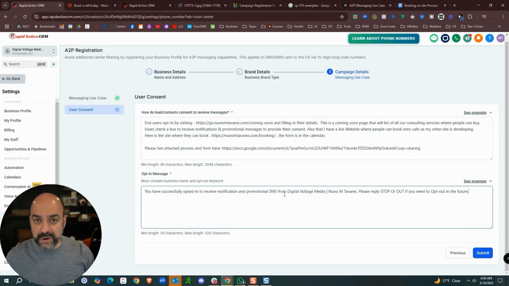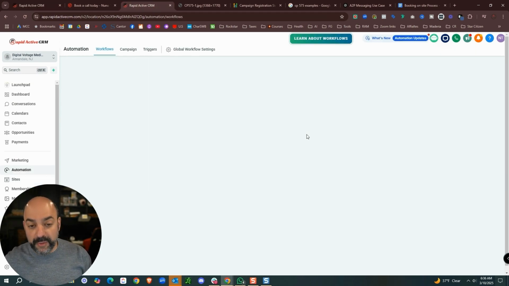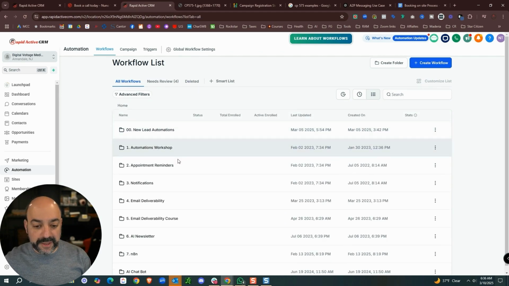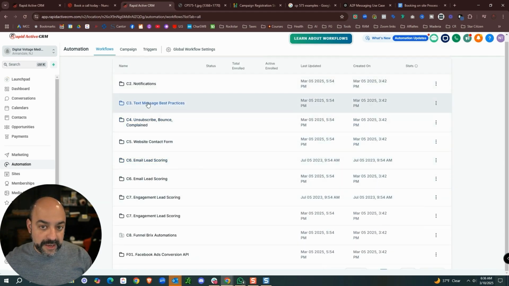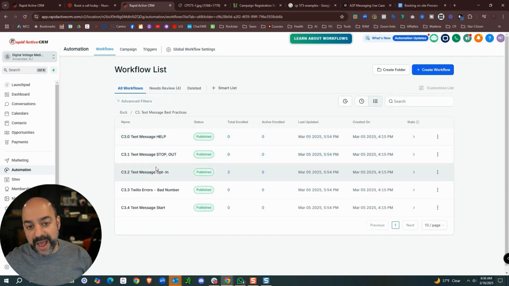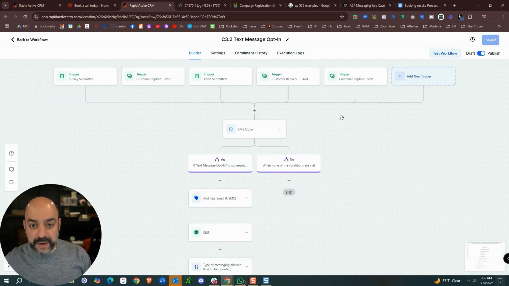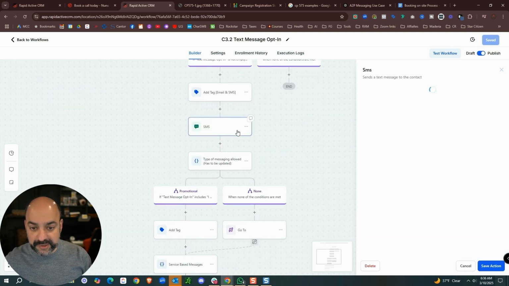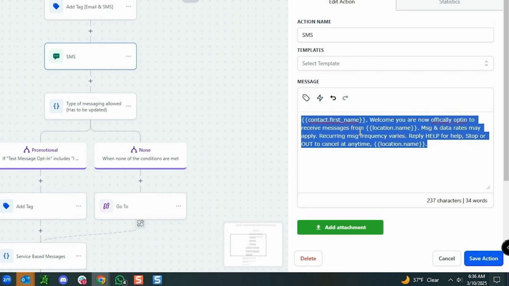If you want to make a little bit more elaborate message, you can, in our automations, which, by the way, I'll go over in a quick second because this is going to be important too. We have automations that we run, and in our text message automations, notice that we have all these automations ready to fire and go. And if we come in here, the opt-in message is always going to be, you're officially opted in to receive messages, message rates may apply, message frequency, blah, blah, blah. And we do it all in here.